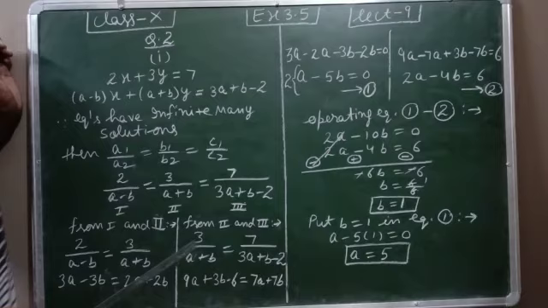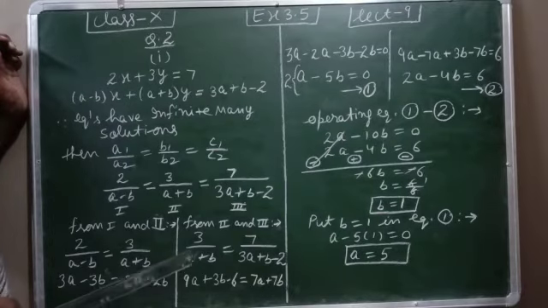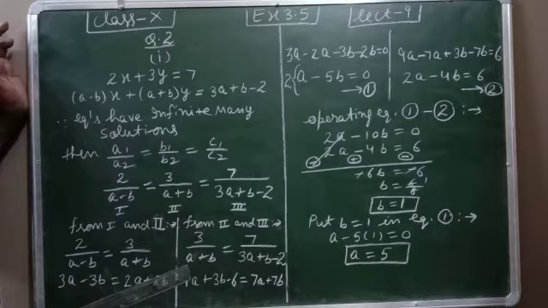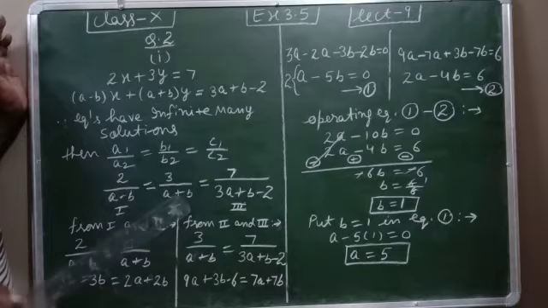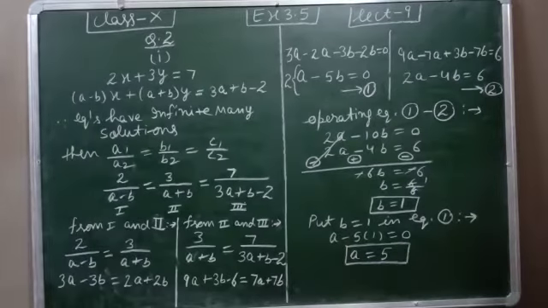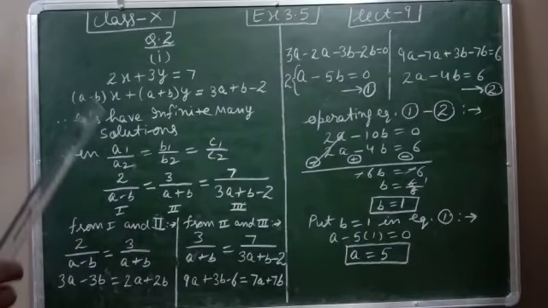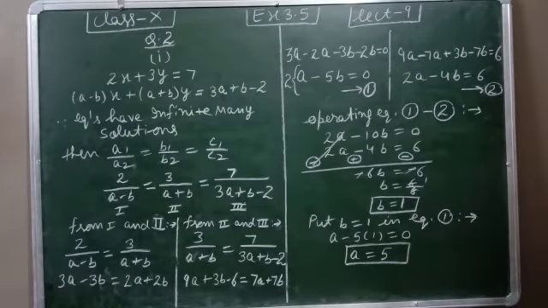Yesterday we revised unique solution, infinitely many solutions and no solution. We also studied the cross multiplication method, and we came to know that we can apply any of the algebraic methods only when the solution is unique. Now in this second question, two equations are given and it is also given that the equations have infinitely many solutions, and we want to find the value of a and b.